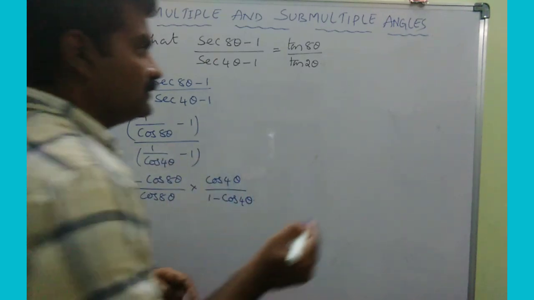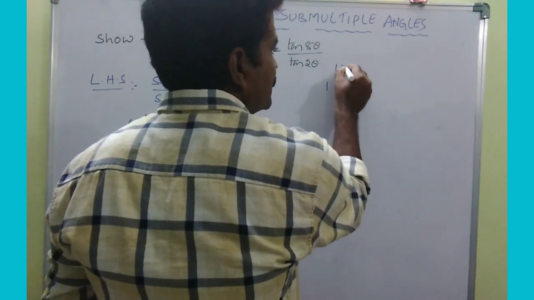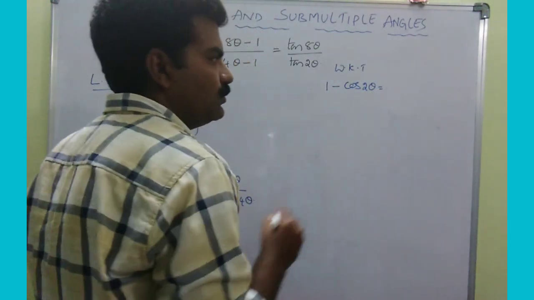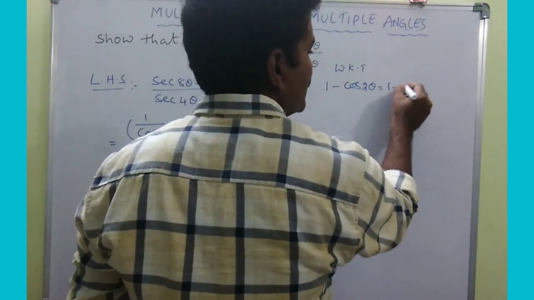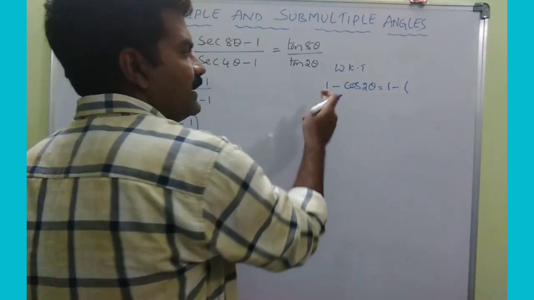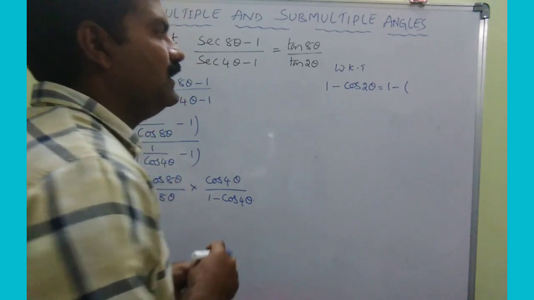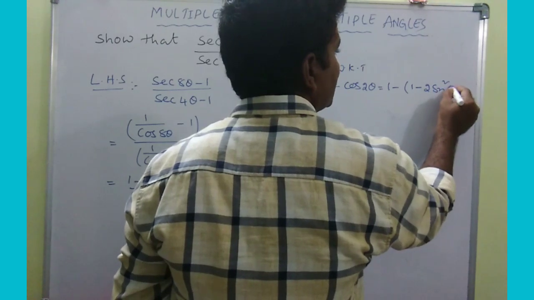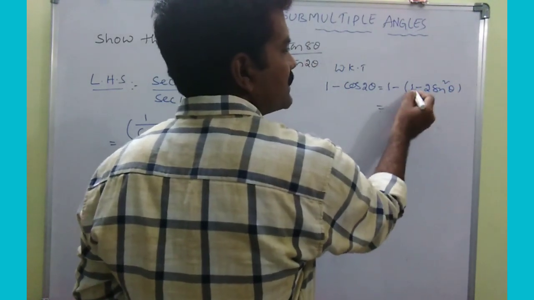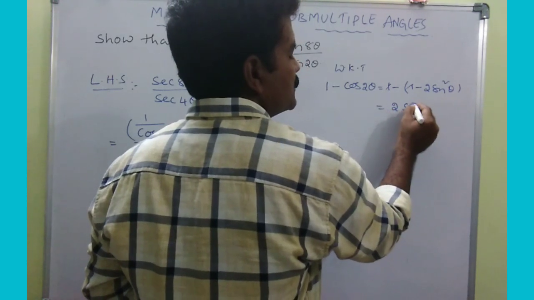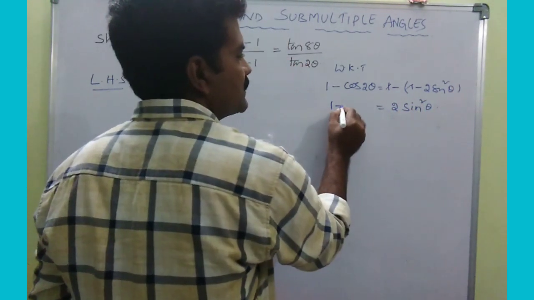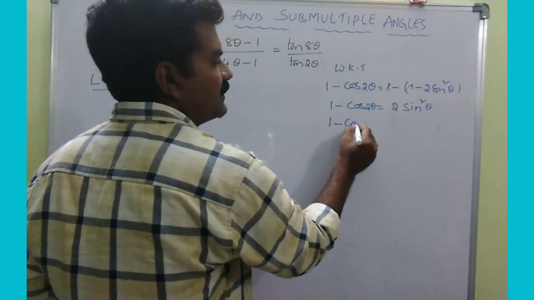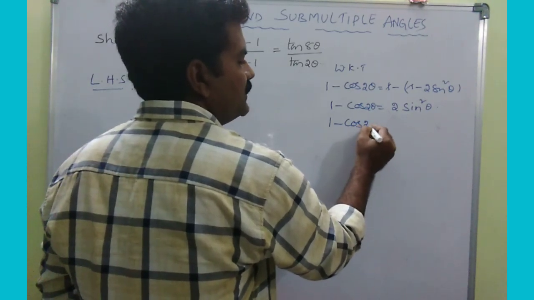Okay. So we know that especially 1 minus cos 2 theta. When there is a minus, better to write cancel this 1, hence we need minus 1. I mean we have the formula cos 2 theta equals 1 minus 2 sine square theta. Now 1 minus 1 anyhow gets cancelled, which equals 2 sine square theta. What is this? 1 minus cos 2 theta. Now in the same manner, can you tell me for 2 into 4 theta?